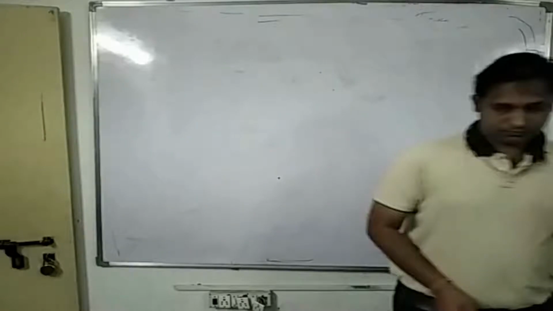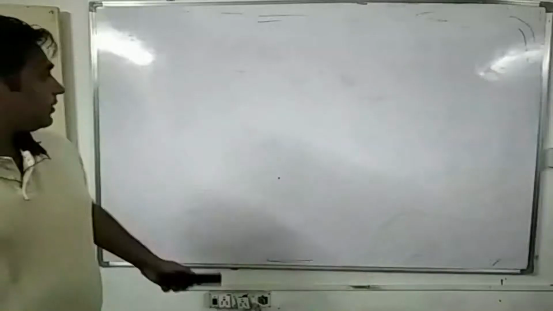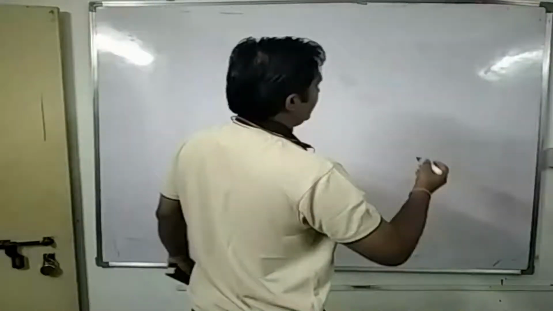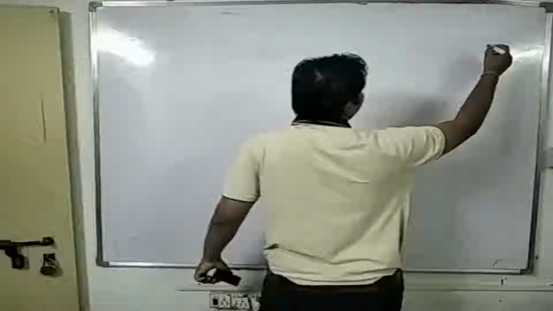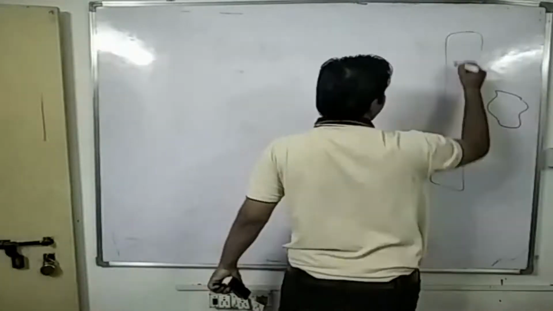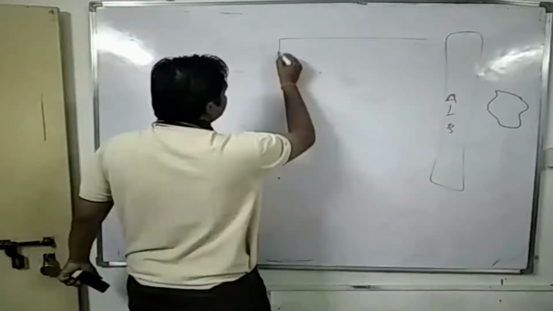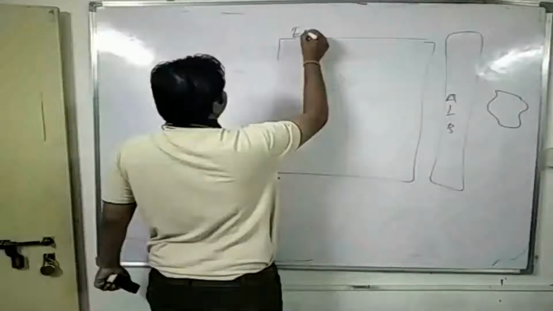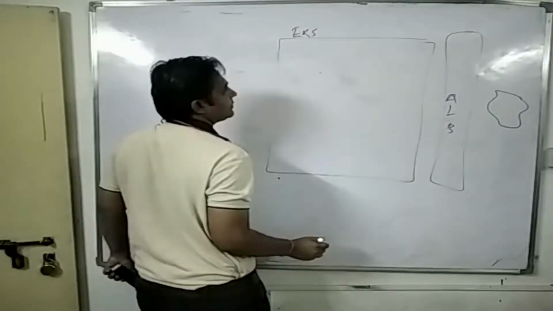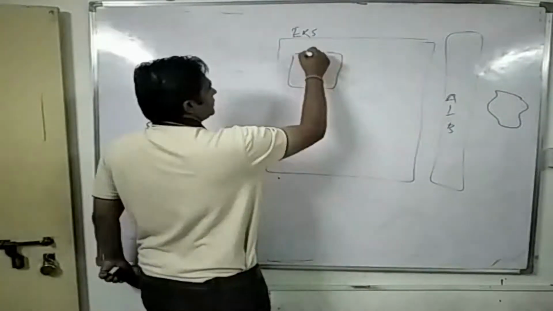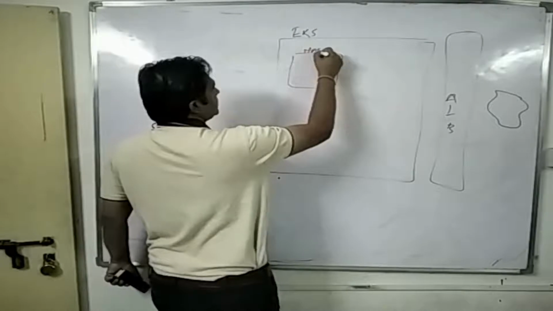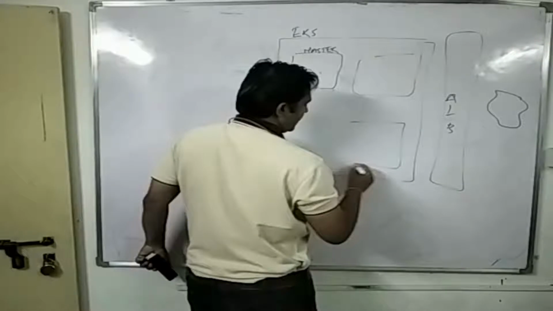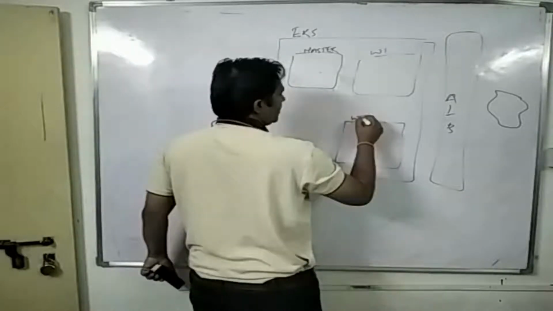Alright, so let's look at the diagram and decide what we're going to do first. This is our internet. This is the elastic load balancer, ALB. Now this is what our EKS cluster is, right? Elastic Kubernetes Service. Now in this we have the master and two workers. That's our plan. Worker 1, worker 2. Right. So you have the API,